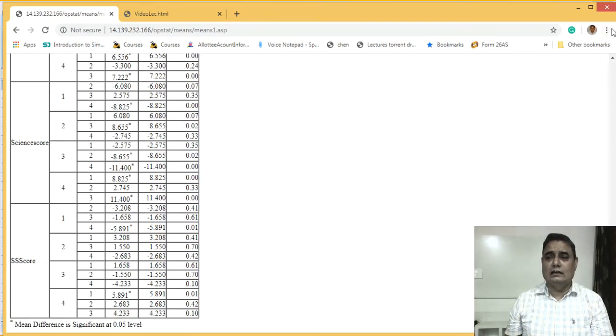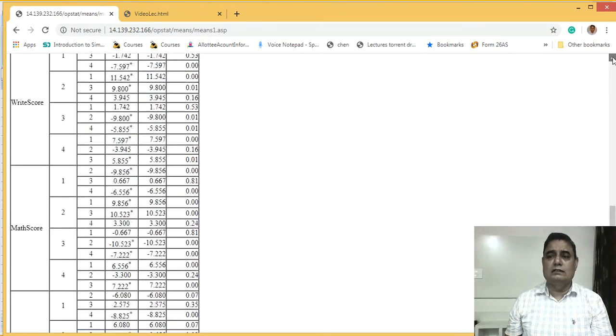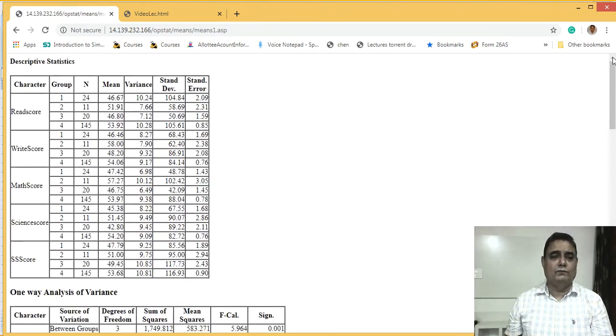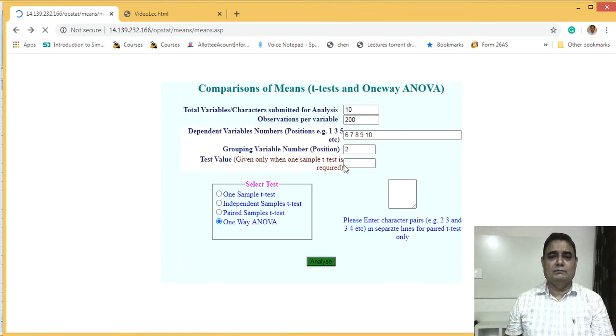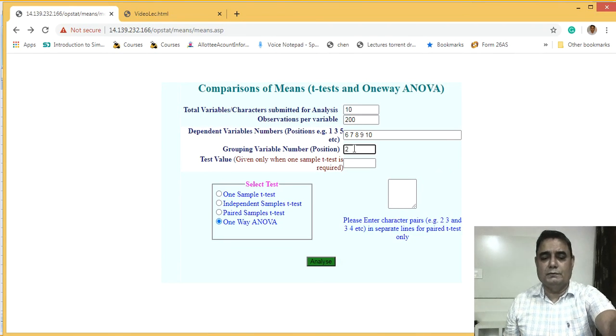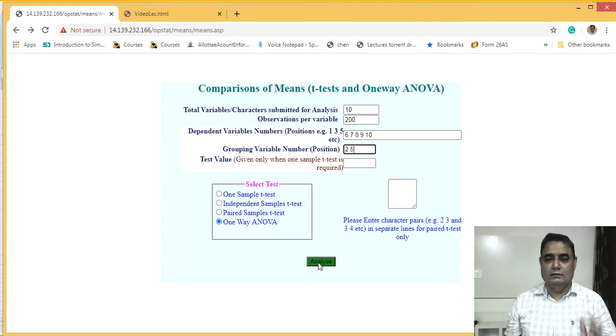So in this one-way ANOVA, we can perform for as many characters as you wish. Let me check, I have forgotten whether you can put many grouping variables. For example, the fourth one, the fifth one is again your grouping variable. Then let me check.